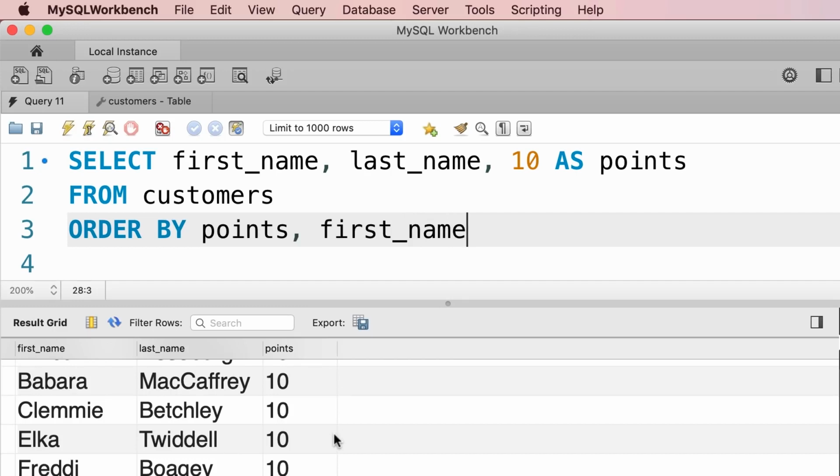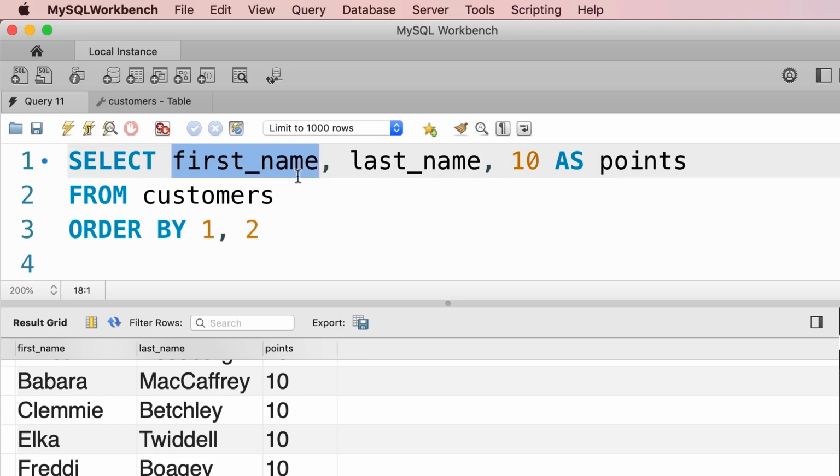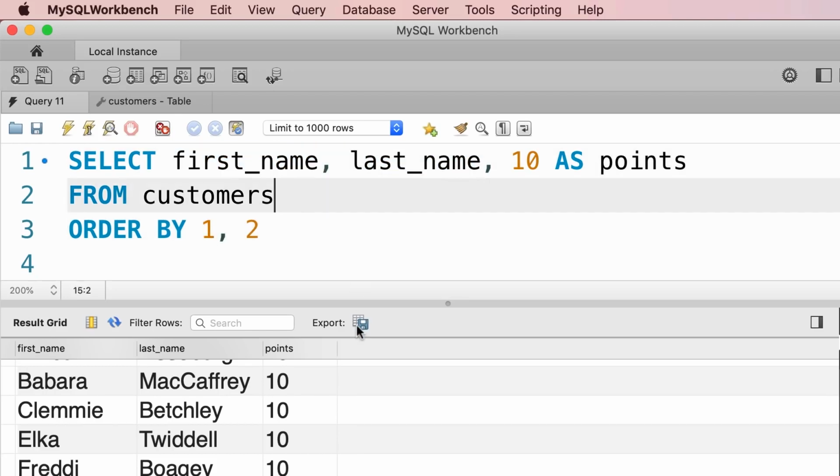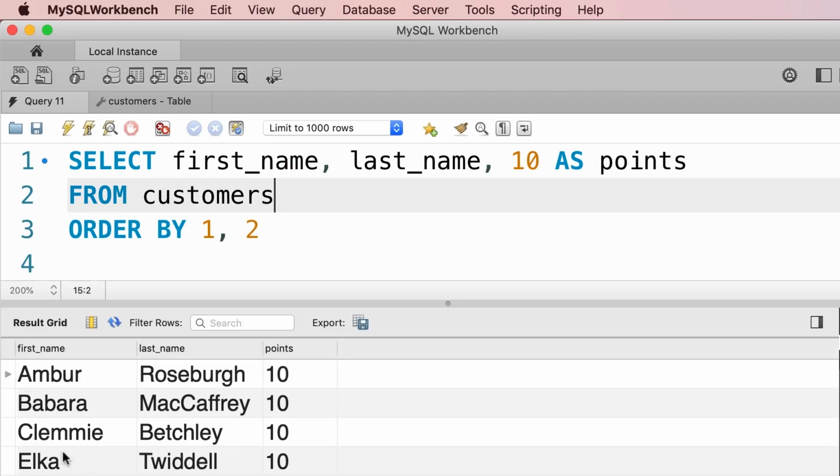Now, one last thing before we finish this tutorial. I've seen some tutorials that teach you how to sort data by column positions. For example, here we can order by 1 and 2, and that basically means sort the data by the first name and then the last name. So these are the order of these columns. If we execute this query, you can see that our customers are sorted by their first name and then the last name. While this approach works, it's something that you should avoid, because if in the future you come back